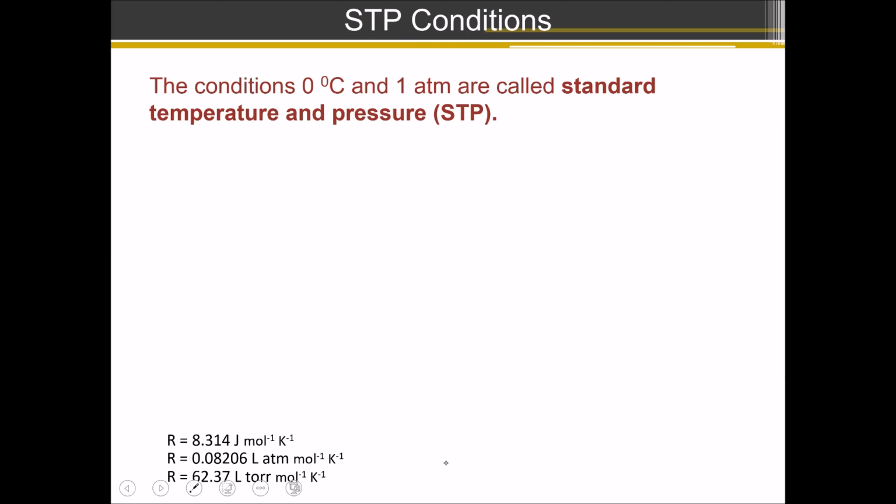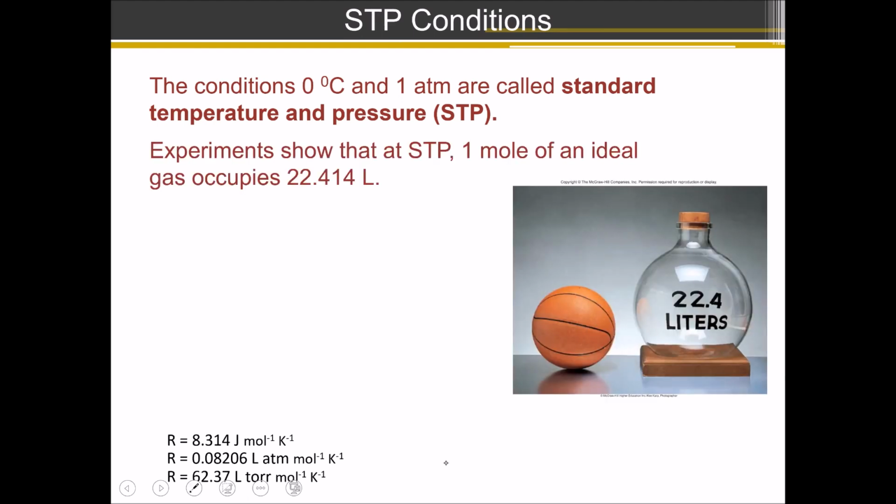And we can calculate the value of this constant by measuring the volume of a gaseous sample at standard temperature and pressure, which is 0 degrees Celsius and 1 atmosphere, usually abbreviated with STP. If you measure 1 mole of any gaseous sample, it's going to occupy exactly 22.414 liter. So we can use these observations to calculate R, because R is going to equal P times V divided by n times T. So we will take the pressure, which is 1 atmosphere, multiply times the volume, which is 22.414 liter,